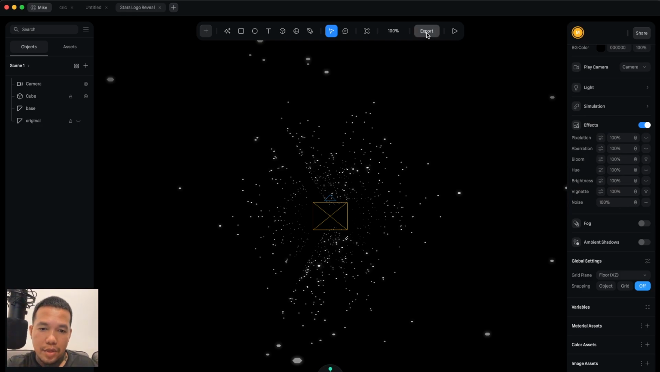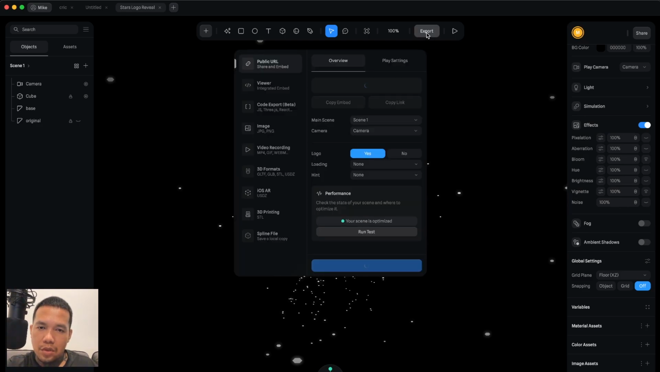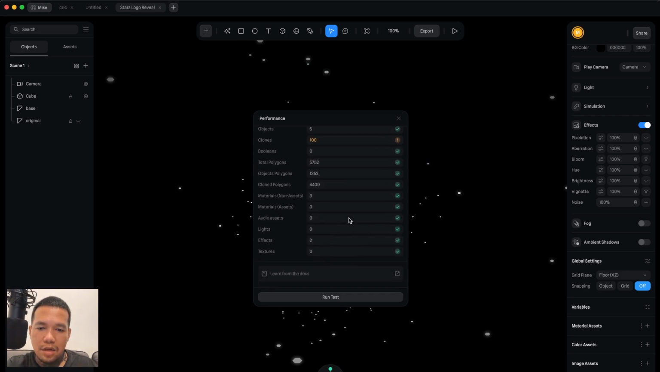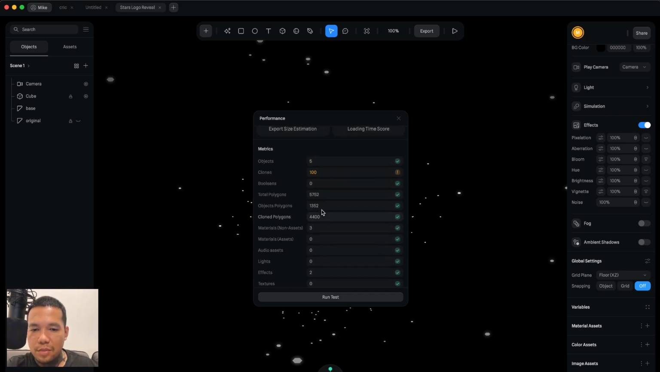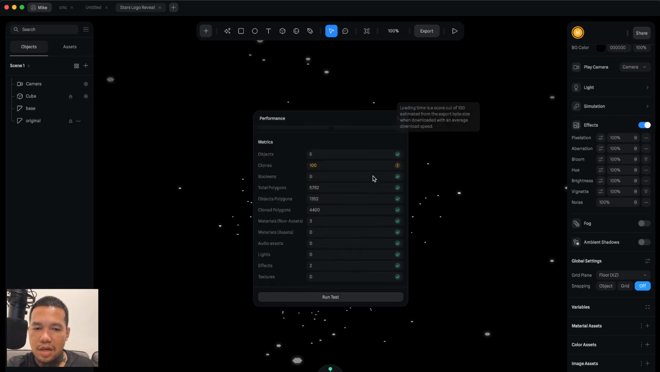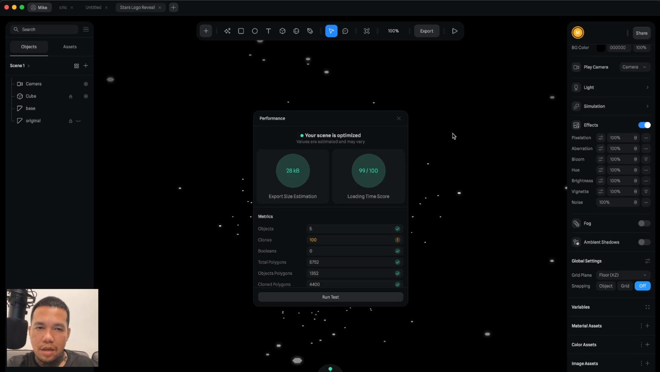And when you export this one, it will not be a big file because we're only using one object, that cube with less vertex. And then yeah, if you run a test, it's just 28 KB. We have lots of clones, but I think it's a decent size. As you can see, loading time, score, and yeah,